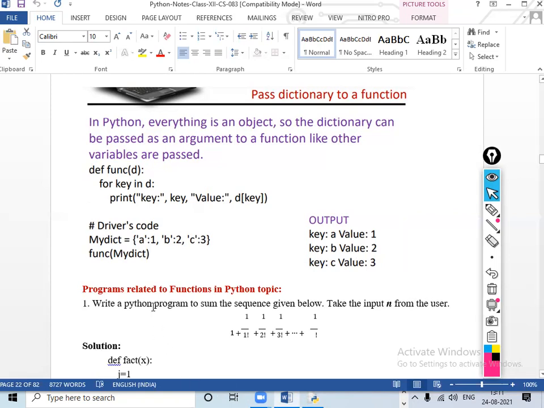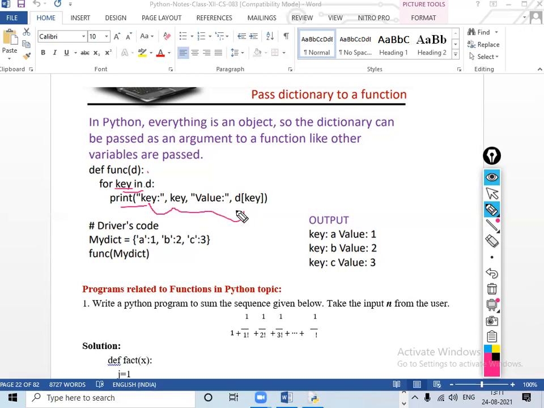Now we can run it. mydict a1 b2 c3, function. Now I am explaining it. Def, the function name is fund, d is the dictionary. Next, key is the variable in d. Whatever is in the dictionary d will be assigned. Print key: key means the first variable, value means the second value, d key.